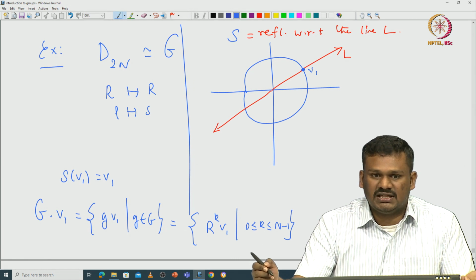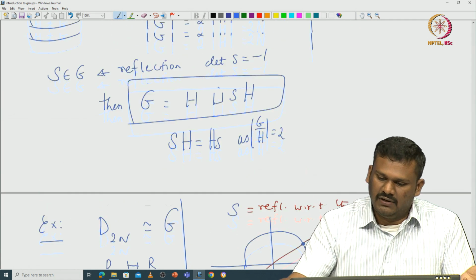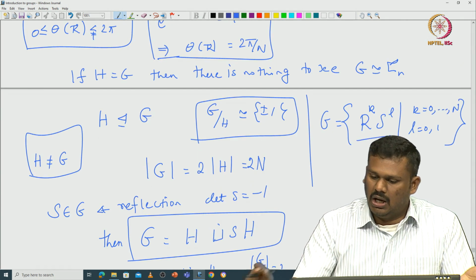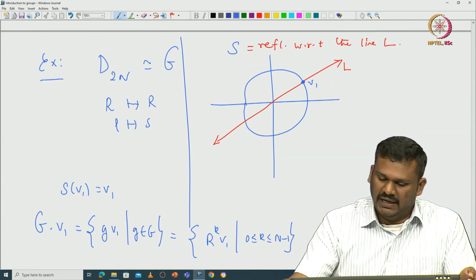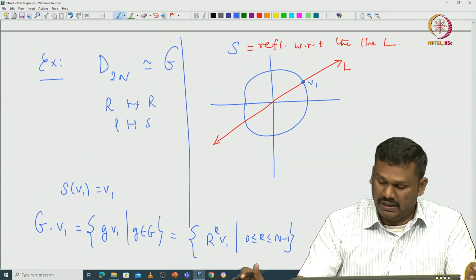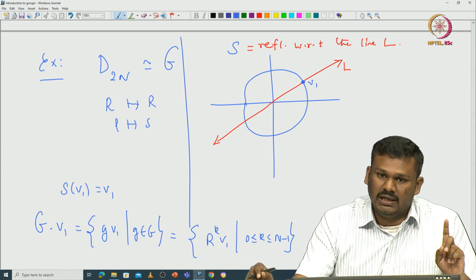Why? Because S fixes V1, so S square also fixes it, no issue. But G is given by all these elements r power k, s power l. So, these are the only points that you get, but exactly how many points are you getting? You are getting exactly n points,